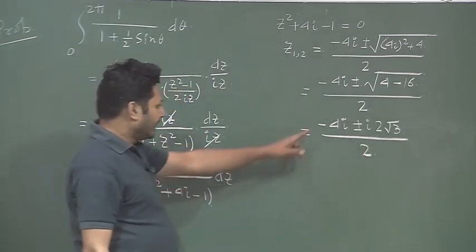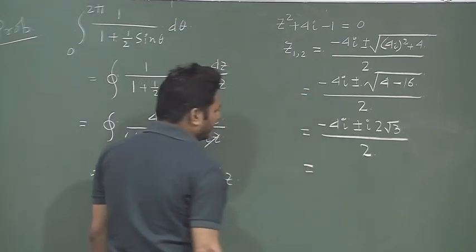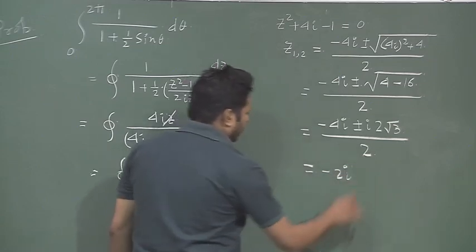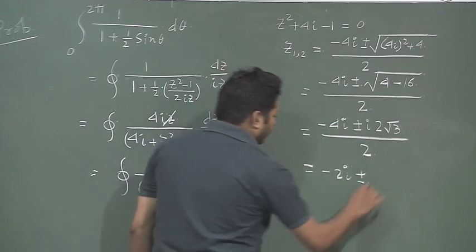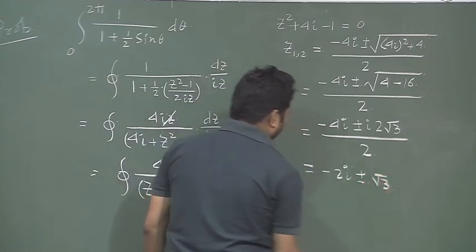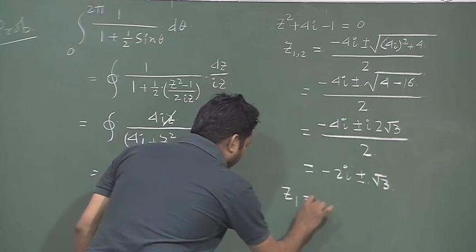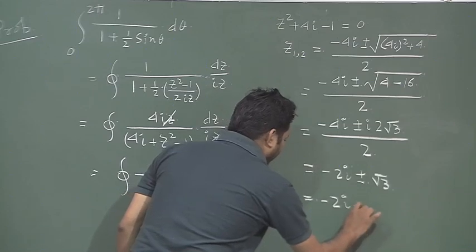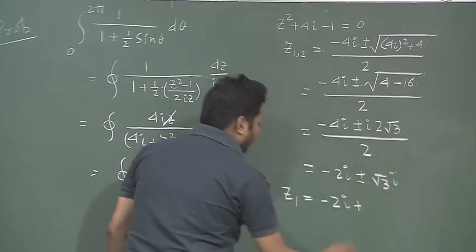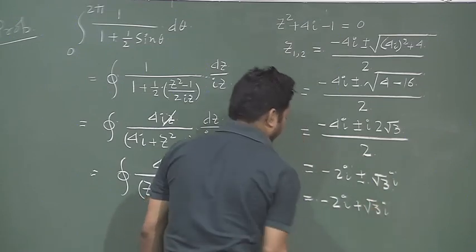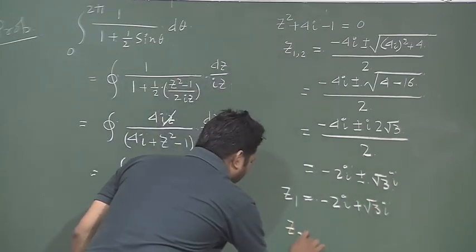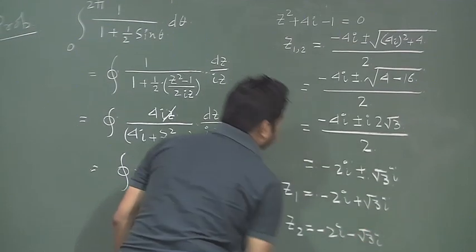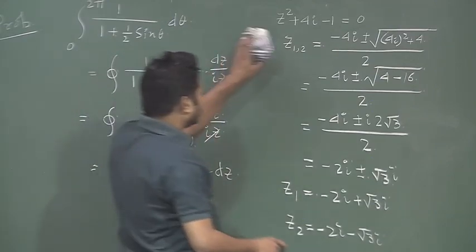Fine. So, now I can simplify more this. So, I will eventually have minus of 2 I plus minus of root over of 3. So, my Z1 is minus of 2 I plus root over of 3 I, and my Z2 is minus of 2 I minus of root 3 I. So, let me write it here exactly